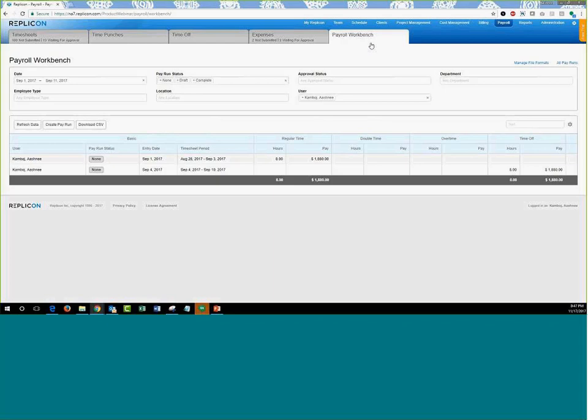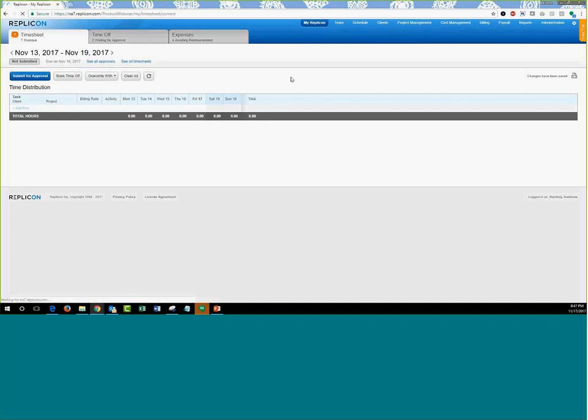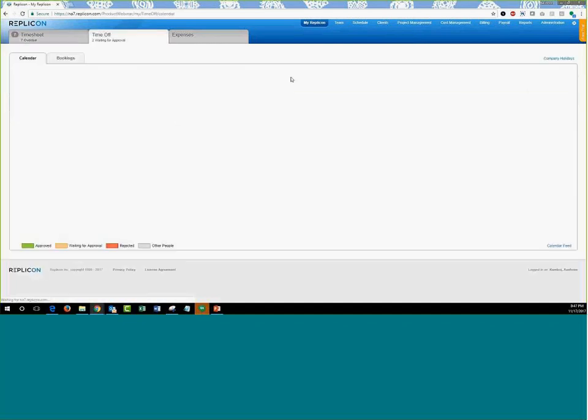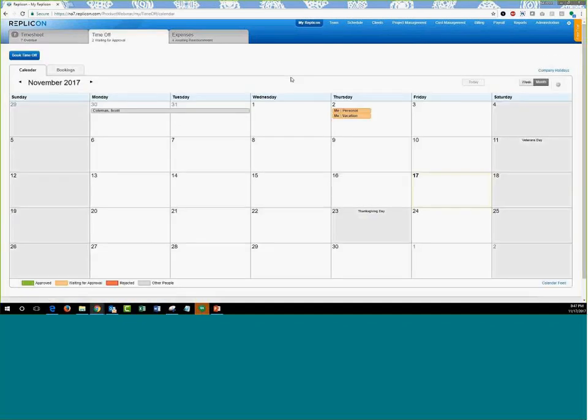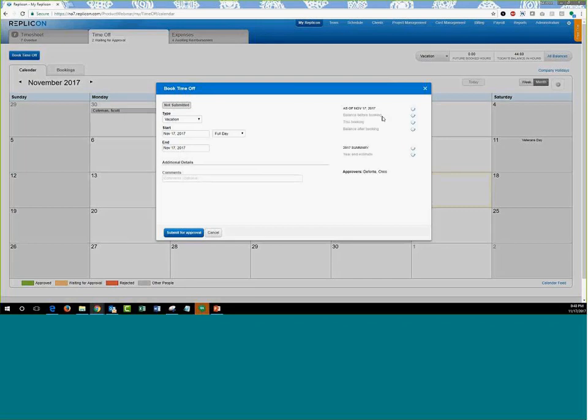You also have an end user point of view. For the end user point of view, let's go over to my Replicon. I'm going to my Replicon up here, and I'm going to click on the time off section. Now, there are two ways that you can have a quick look at the time off. I'm going to click on book time off right here. And on the right-hand side, I'll see a balance summary with regards to my time off.